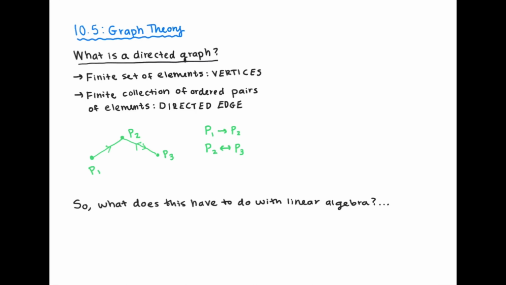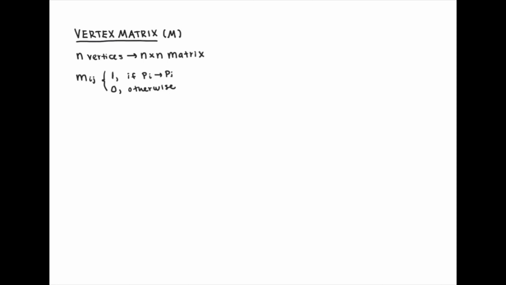So you might be asking, what does all this have to do with linear algebra? That's where the vertex matrix comes in. We can use a vertex matrix to represent any directed graph. If the graph has n vertices, it's going to be an n by n matrix, and for each entry, if the directed edge exists, you put a 1, otherwise put a 0. The matrix will be all 1s and 0s with all 0s on the diagonal